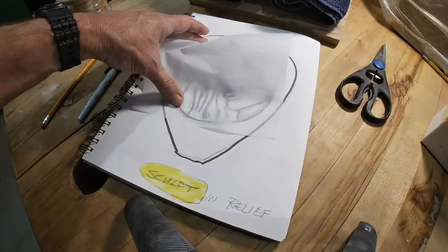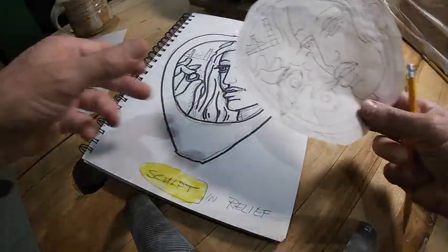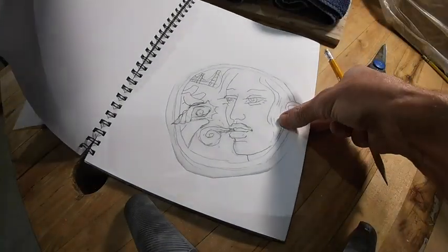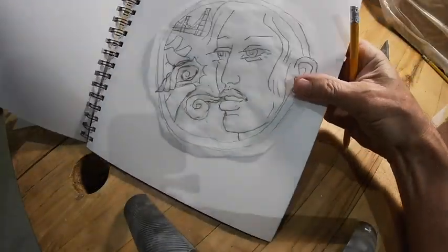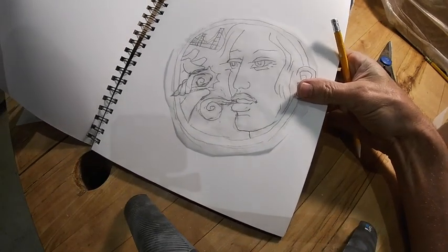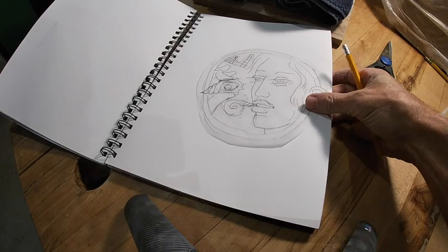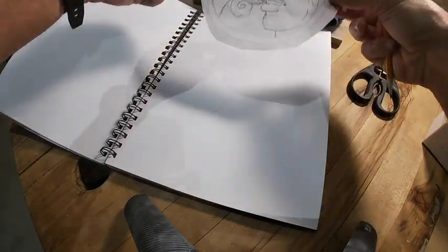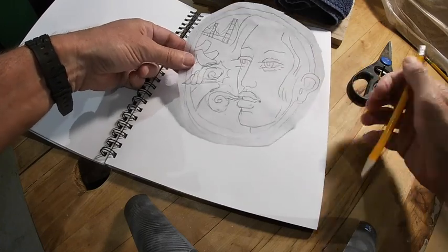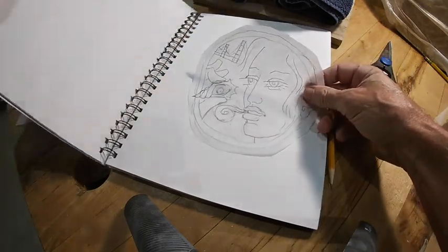All right, so let's fast forward here. And Mark came up with this, right? I'll put it on a white piece of paper so you can see it, right? So there it is. So I came up with that, and it's a little bit more of what I want, okay? So I want this to be on my piece, just as it is, pretty much. All right, so if I want this to be on it, I'm going to now take